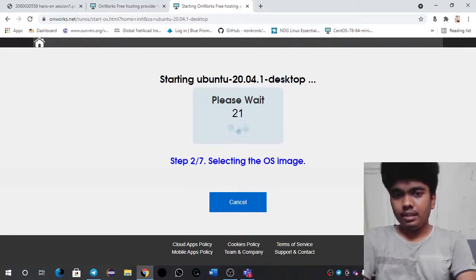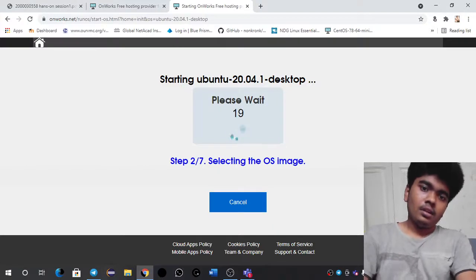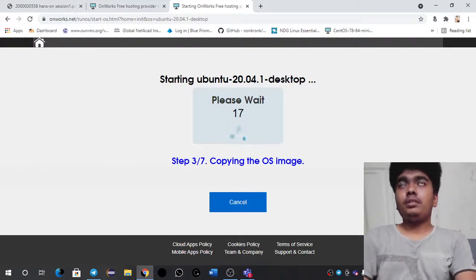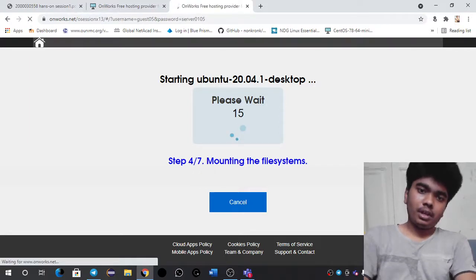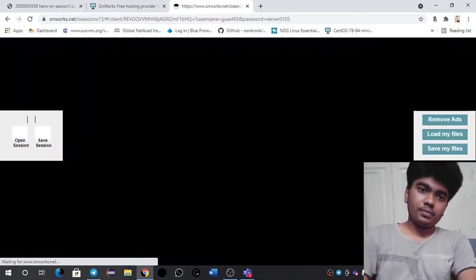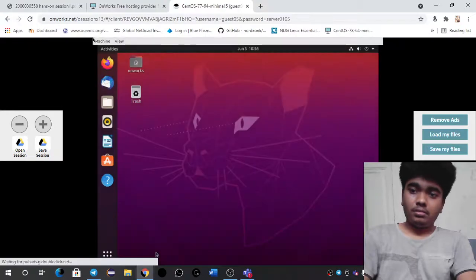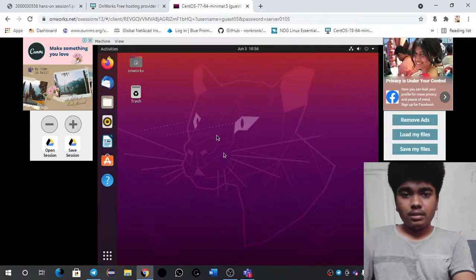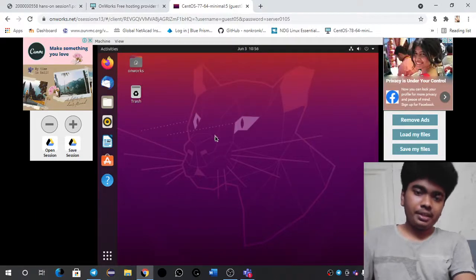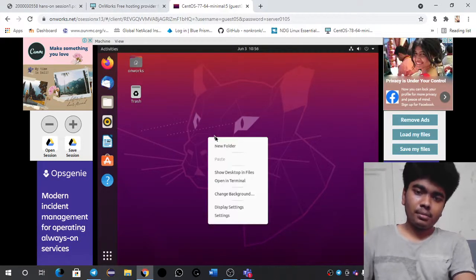A terminal is nothing but something like the command prompt in the Windows operating system. Now it is opening. So this is the main desktop screen of the Ubuntu operating system, and now we need to get in by using the terminal.